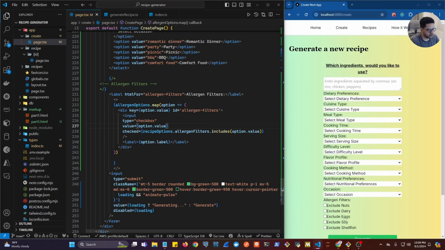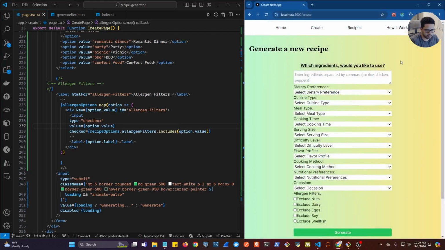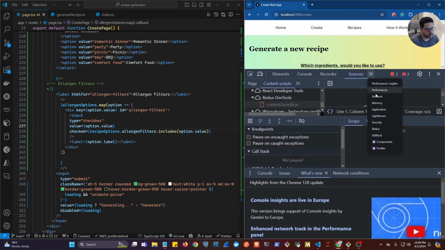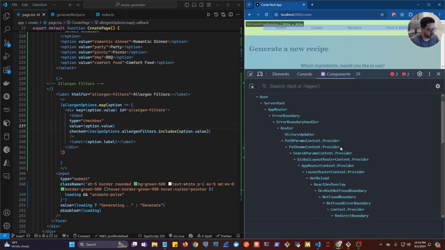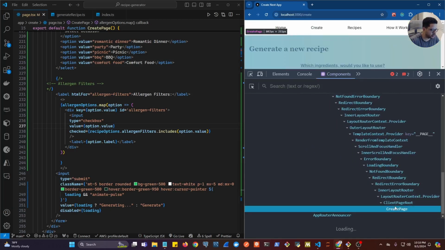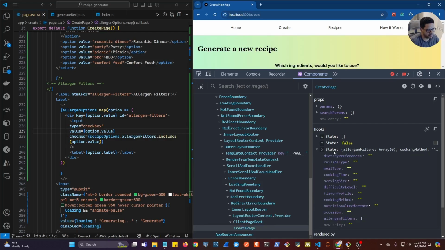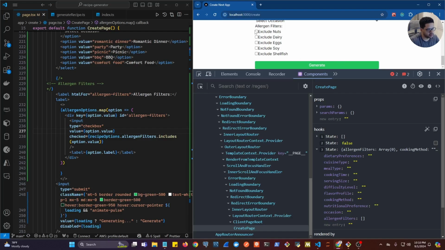Right, so now if we take a look at the state, let's close this up real quick, open the DevTools, and then we can double check that the state is working. Let's go to components, and let's find all the way at the bottom our create page. And where's the state? Right here. So in create page, this is all the values we have. Now if we click on one of these here,